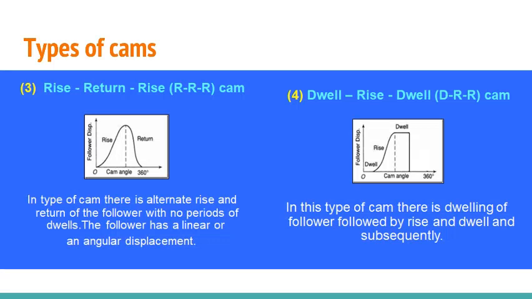And the fourth one, the DRR cam, where the cam is dwelling at the start of the follower and it rises to a particular limit based on the stroke length, and the dwell is at the end of the stroke. That means at the after-rise condition. Here the displacement is maximum at that point and there is no return of the conditions.